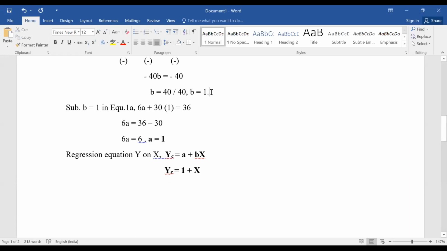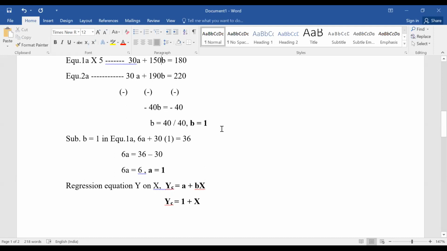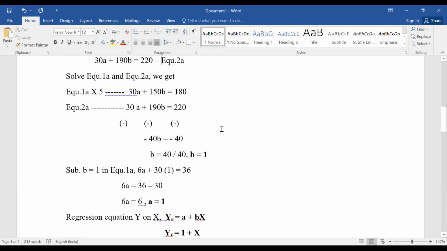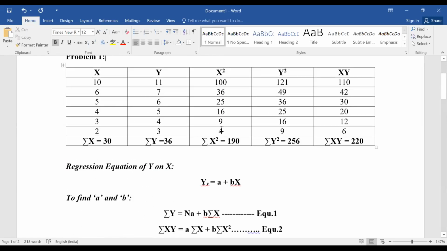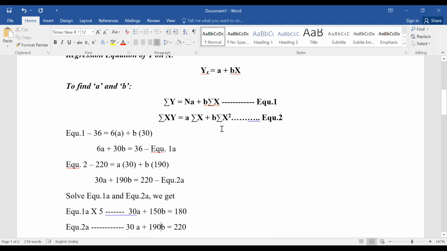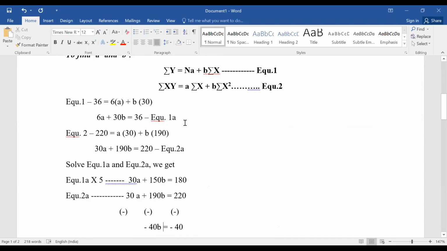Are you able to understand, guys? If you are not able to understand, let me know. Now you copy this. First we completed y on x. Shall I move the page so that you can copy? I'll go back to the first. After this table, you write this equation, write this formula, and then go through this. I have solved it step by step. Don't get confused. Please write it as it is, as I have written in the Word document.